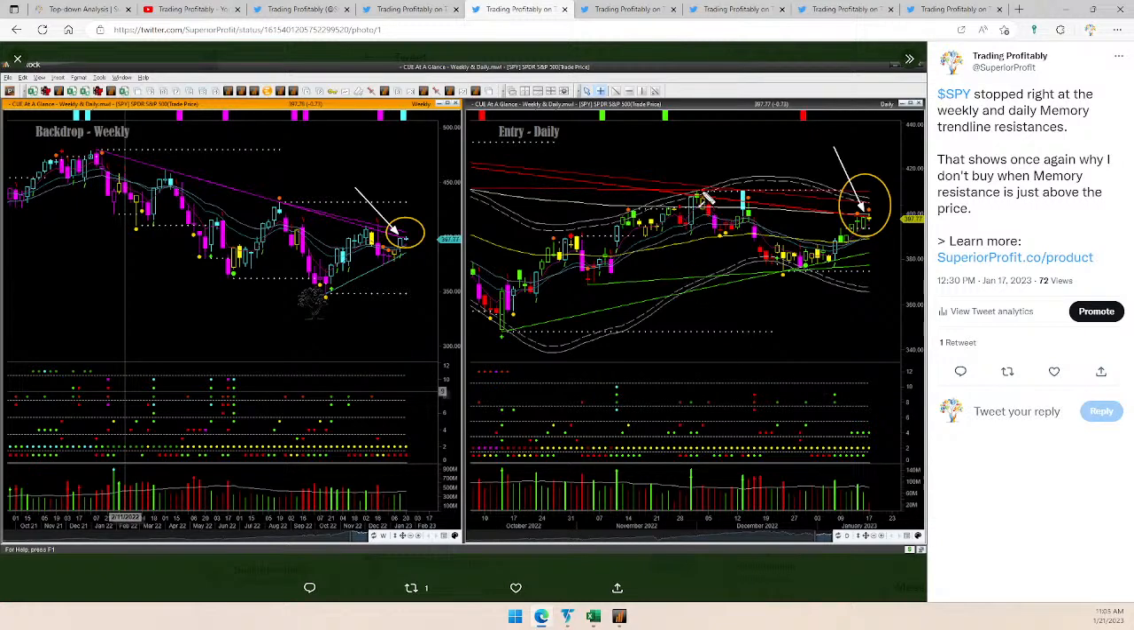But I saw there were trendline resistances, not just any trendline resistance. These are the automatically drawn smart trend lines in Q systems called memory trend lines, and SPY had trendline resistance in both weekly and daily. That was the second reason that I thought of not buying and shared that live before knowing what would happen next week. Now, this tweet I shared